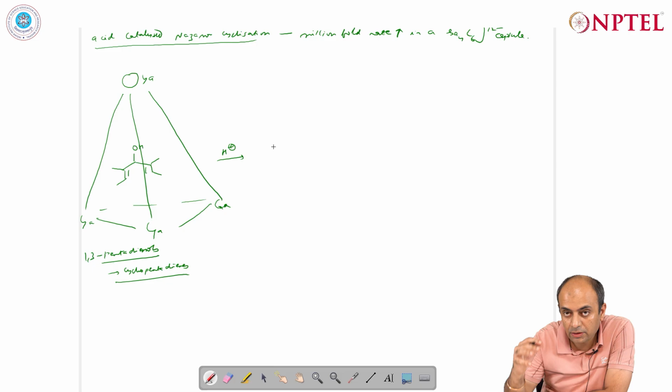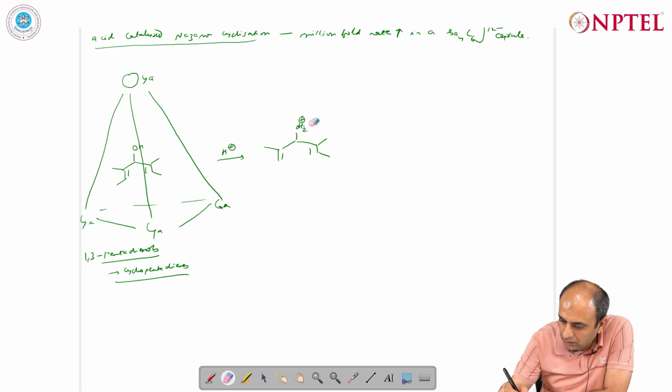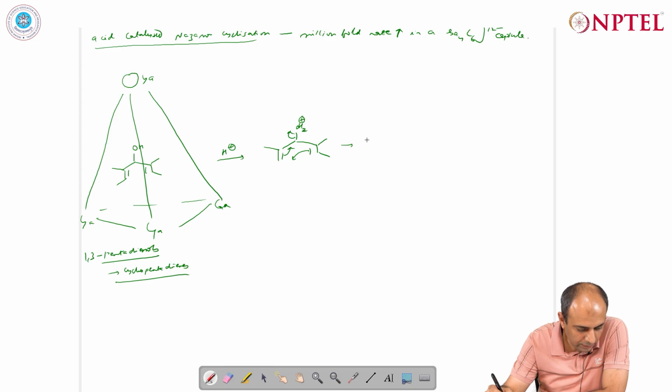It is understood that this process takes place within the cavity. You have the formation of this particular product, you have the formation of this particular species, and now it will undergo the rearrangement where it will give rise to